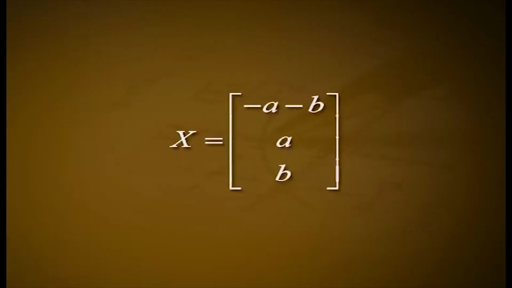Case 1. For λ = 1, the matrix is [1 1 1; 1 1 1; 1 1 1], whose rank obviously is 1. Hence, the system has 3 − 1 = 2 independent solutions. Also, the system of equations reduces to the single equation x + y + z = 0. Putting y = a and z = b, where a and b are arbitrary real numbers, the solution to the system is x = [−a − b, a, b], where a and b are arbitrary real numbers.